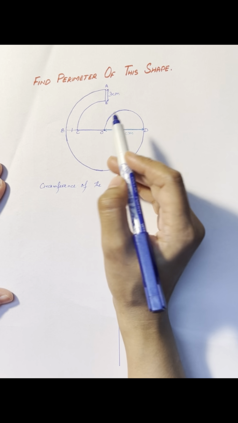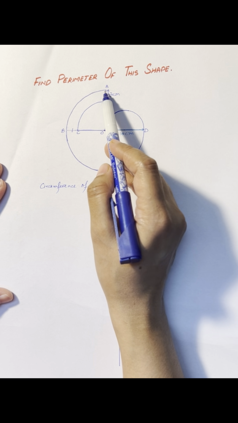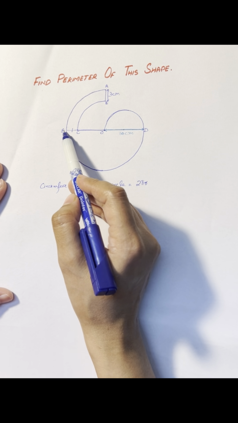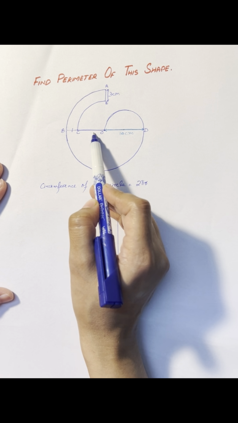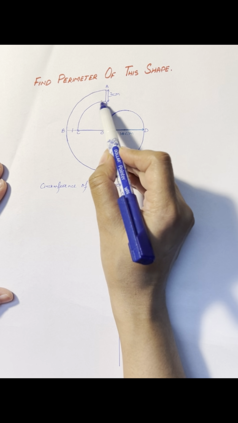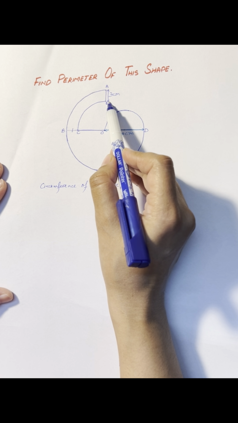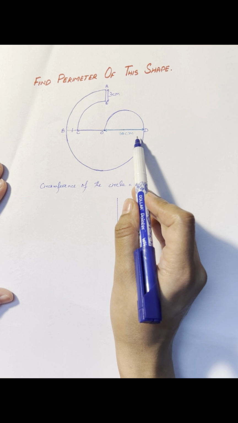We have to find the perimeter of this shape. Now what is perimeter? It's basically the boundary. Now if we find the length AB, then the length of this arc BD, then the length of this arc OD, then this length OC, then the length of this arc CE, and AE is already given. Adding all these, we will get the desired result.